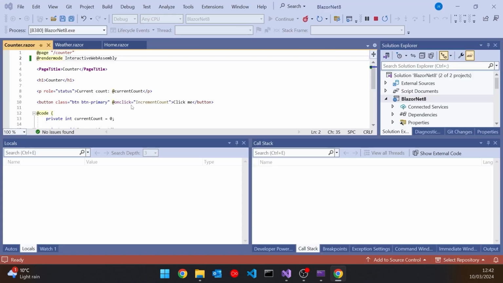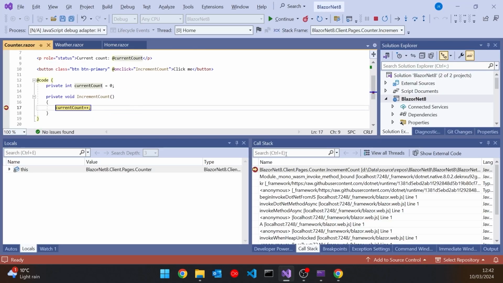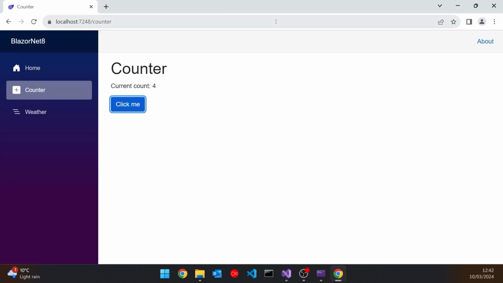But if we now put a break in there and click the button, then we can see what I was telling you. We get this big stack where basically this is now running in the browser, even though very kindly it's debugging in Visual Studio, but we can see all the steps that that's gone through. And so that just demonstrates that we are running in the browser, and so for something like this, that's going to be a much quicker operation because there's not going to be any round trip involved in that.